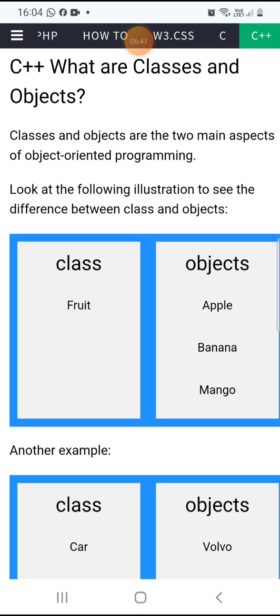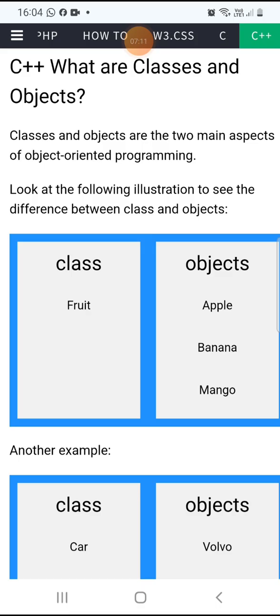So here class is a blueprint, a design template to create the objects. Every object has some properties. Suppose a car is a Toyota car: make, model, year, and weight. So many properties. They are called properties, parameters, characteristics, attributes.